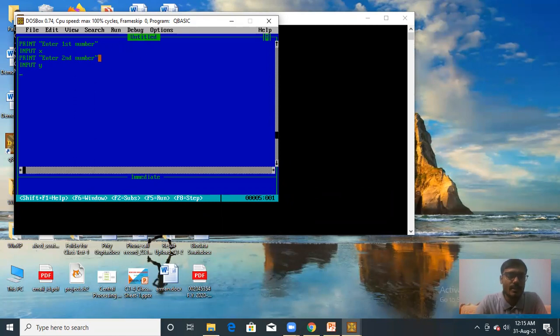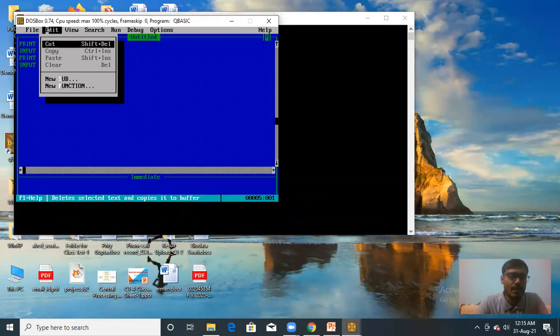You can copy it and paste it here. Copy and pasting is not allowed here.